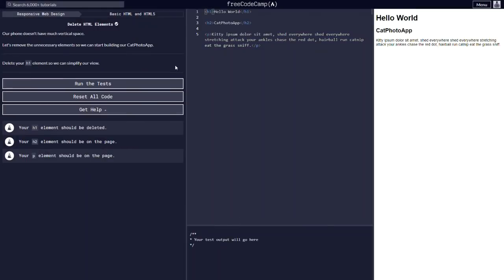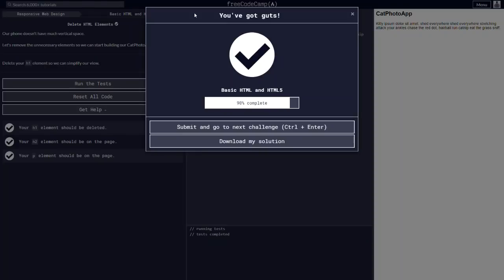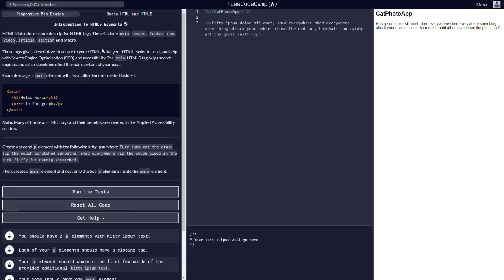So next is delete HTML elements. Delete your h1 elements so we can simplify your view. Here you go. On to the next one. Introduction to HTML5 elements. So these are the elements that were introduced with the newer